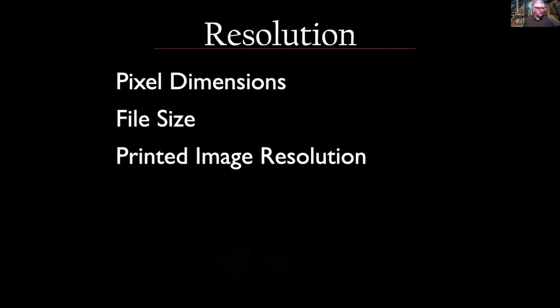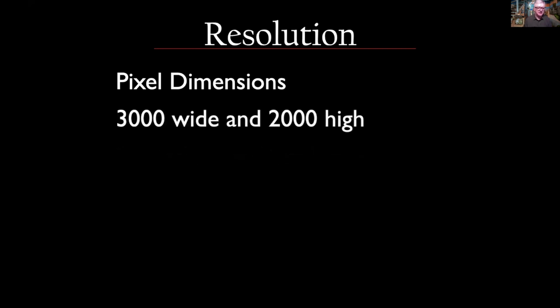And when we're talking about resolution, a lot of people are talking about different things. So it's basically three things that people are talking about as resolution as the same thing, but they're not at all. So it's pixel dimensions, file size, or printed image resolution, okay? So let's just start with pixel dimensions. And that's pretty simple. It's how many pixels are in the grid. For instance, 3,000 pixels wide in your photo and 2,000 pixels high. That's your